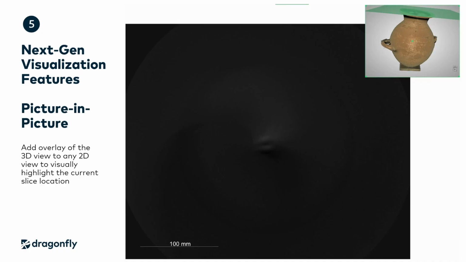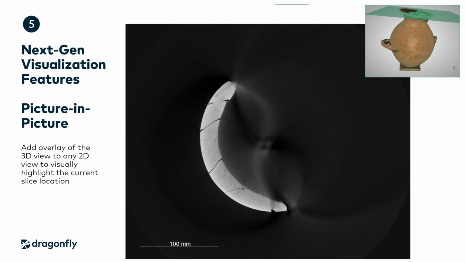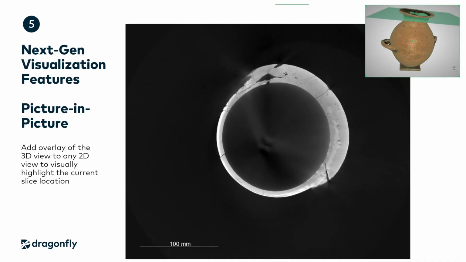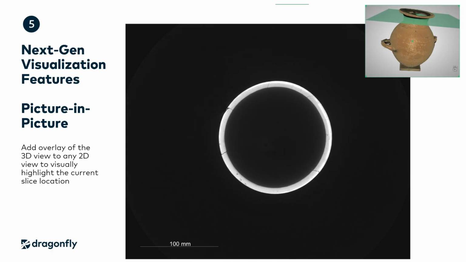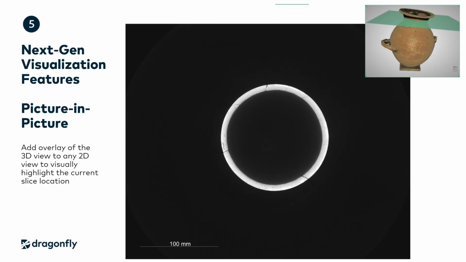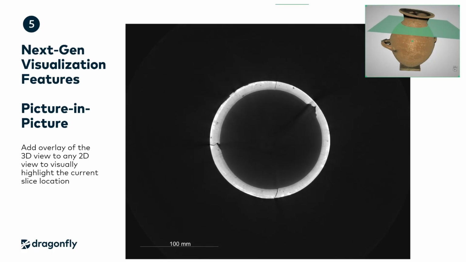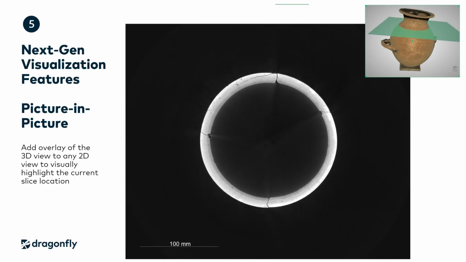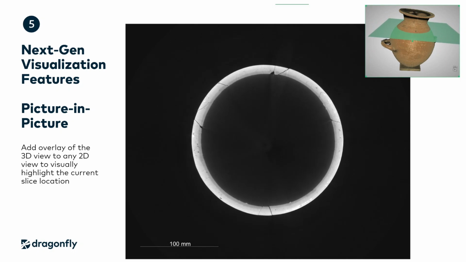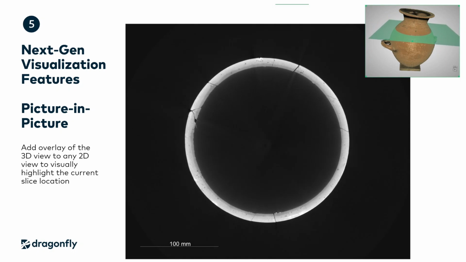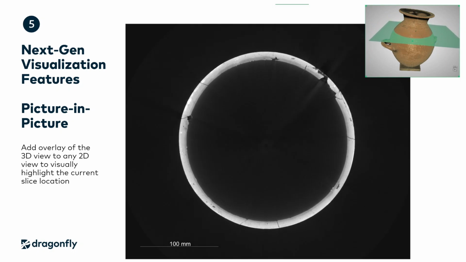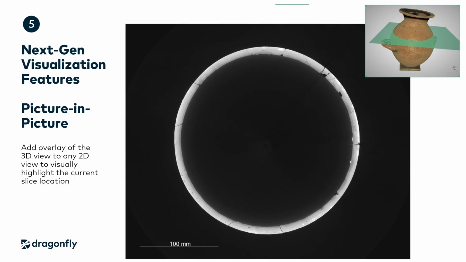The new picture-in-picture mode is another highlight. This mode gives further context to slice images and 3D data, providing a 3D insert implemented into the 2D view. As you can see in the below example, this picture-in-picture mode shows me exactly where the 2D slice is located within the larger 3D dataset. An incredibly useful tool for presenting data and animations, or simply better understanding the correlation between your 2D and 3D data.